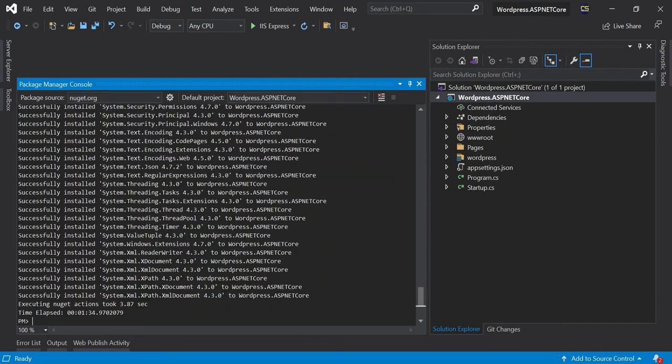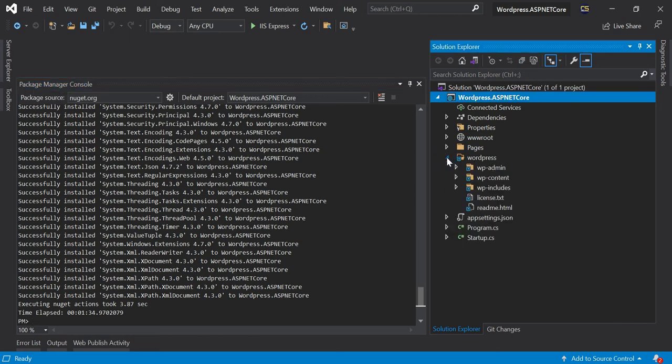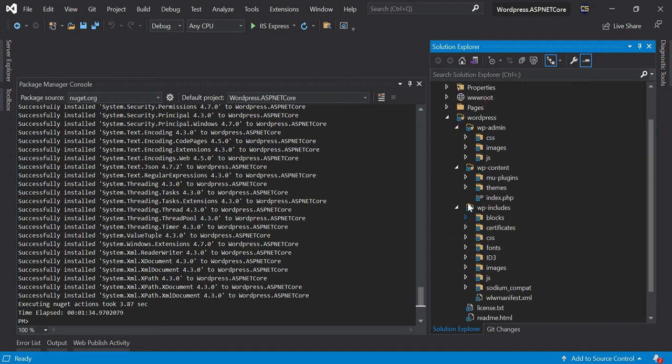You can see now the packages are installed successfully and a WordPress folder has come up, and if you navigate into it you can see all the WordPress-related folders: wp-admin, wp-content, wp-includes and all these files. If you move to wp-admin, you can see there are CSS, images and all these other files.